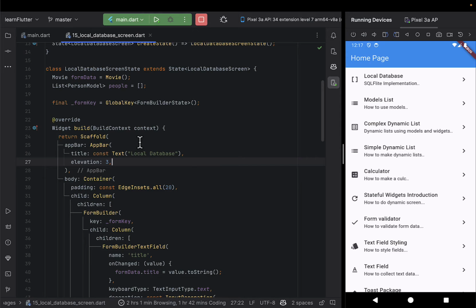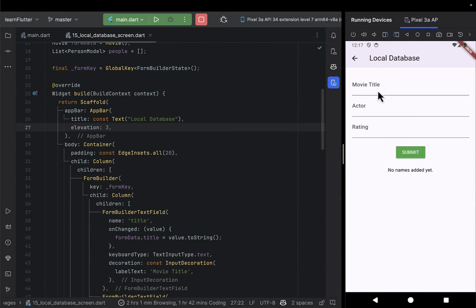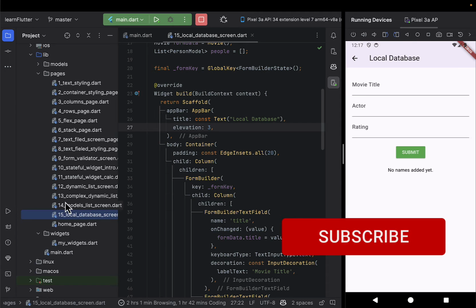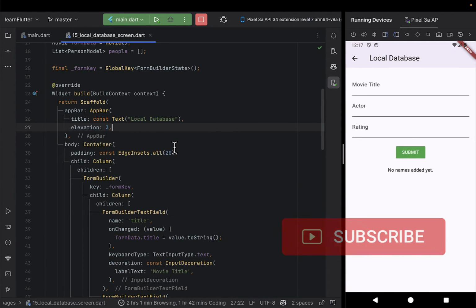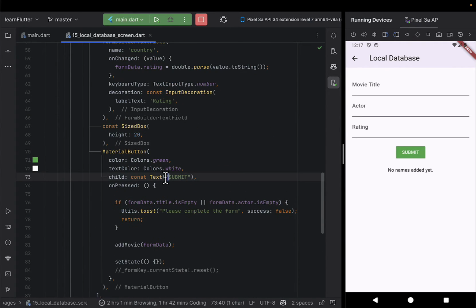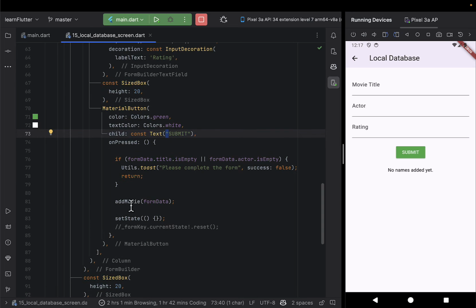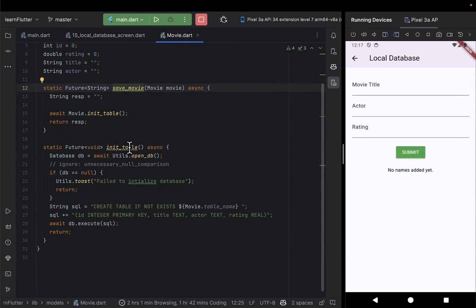So you can see here is our code, here is our emulator, and this is where we were. We want to be able to initialize a table. If you come to the code, where the project is, you can see this is the submit button, and when you click on submit, we call this initialize movie, and then you say save movie. In this save movie is where there is a method of trying to create